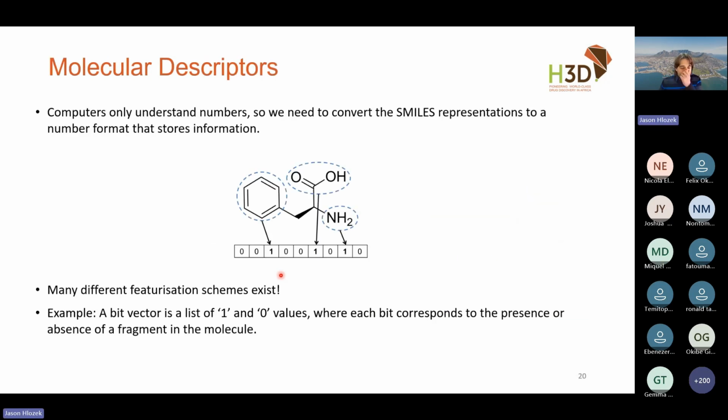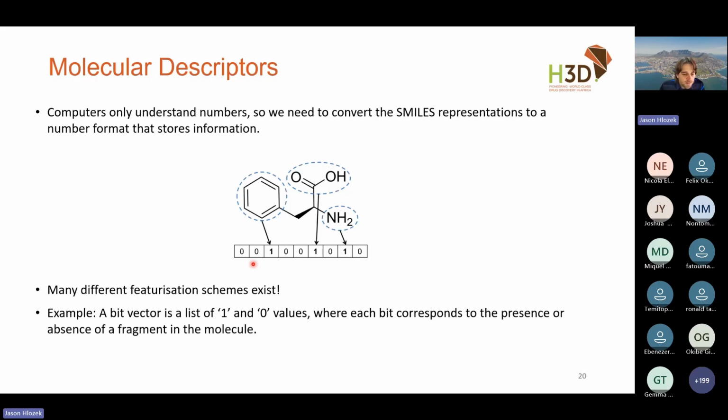All right. So now we're going to move on a bit. We've got our data set now. We've cleaned our data set, and now we want to start applying some techniques and methods. Well, the first thing we need to do is this process called molecular descriptors or featurization, where you and I, as humans, can look at the structure and we can very easily interpret what it means, but a computer cannot. A computer works on numbers. And so we need a way to convert our chemical structures, which are represented as SMILES strings, into some sort of numerical representation.